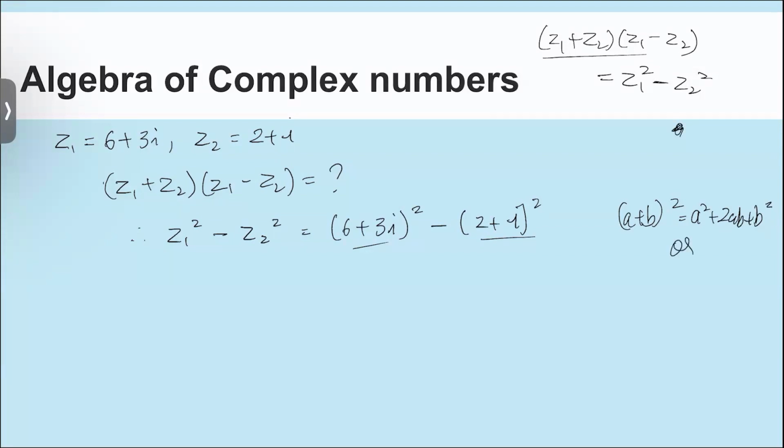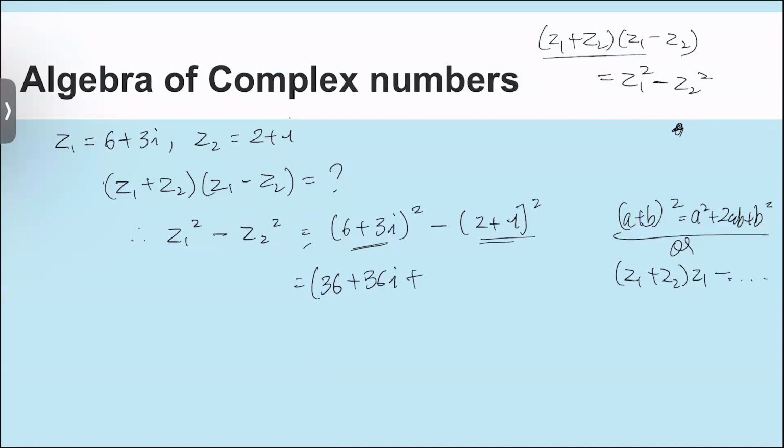Or you can simply go with the form of Z1 plus Z2 multiplied by Z1. Okay, and then in that sense, since we are trying to use the identities, we will expand each of these terms with respect to the identity and we will solve. Okay, so previously we had seen this actually when we solve it, it comes to be